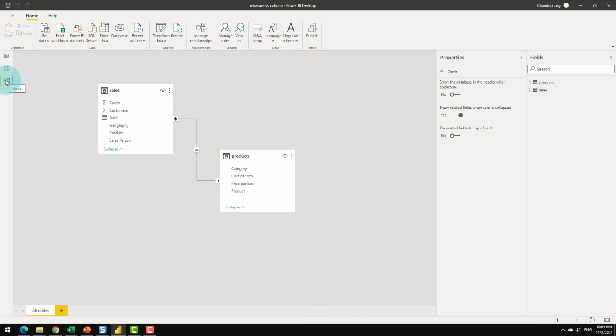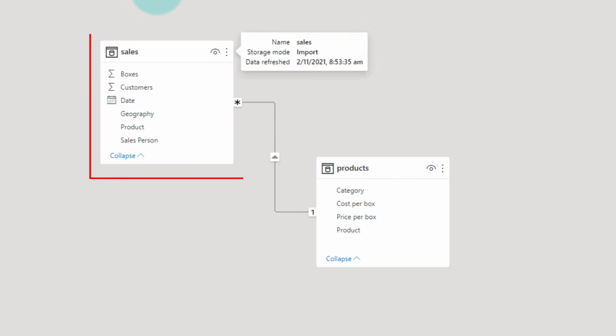Let's take a closer look at this problem with a sample data model, and then we will understand when you should be using a measure and when you should be using a column. Let's jump in. So here I have a very simple data model with just two tables, my sales data and